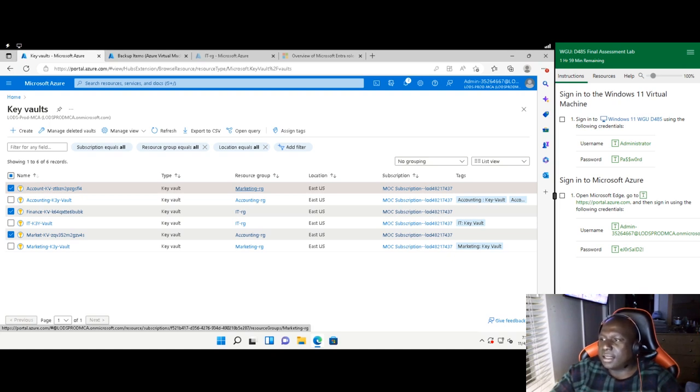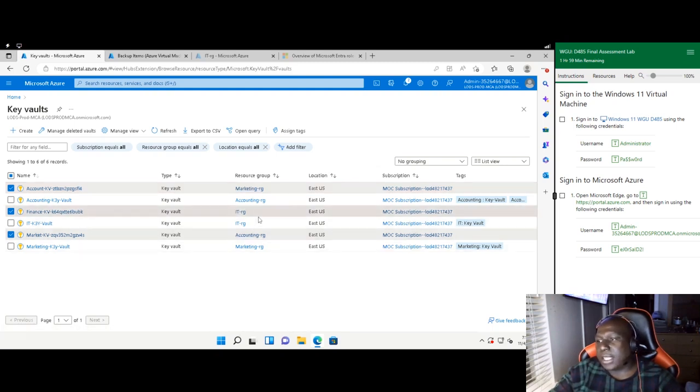So they have the keys, and therefore that makes it easier for them to access resources in that particular resource group. This mix-up is the very reason why people were able to see resources in other resource groups, even though they are not part of that resource group. These resource groups are like departments. So people in the marketing department were able to see things in the accounting department,